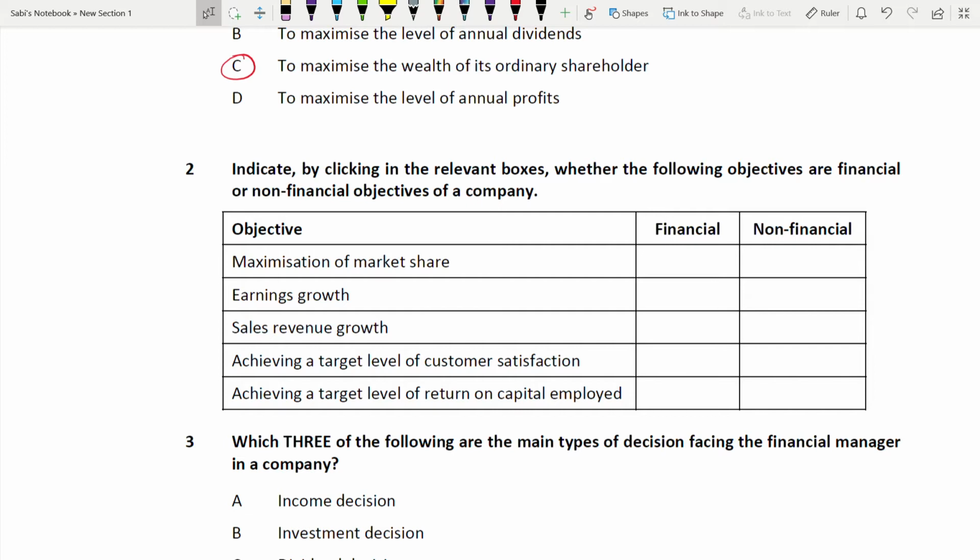Statement 1, maximization of market share. Is it a financial or non-financial objective? Looking at the words market share, most of you will think it's a financial objective. If you're thinking it's a financial objective, then you are very wrong. It's not a financial objective, it's a non-financial objective. Because, please understand, market share is a relative measure,